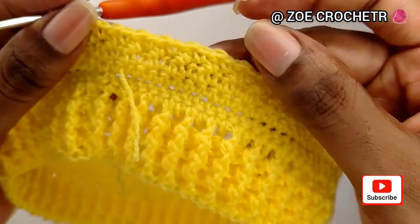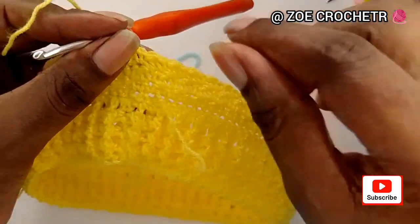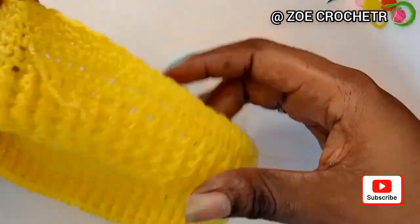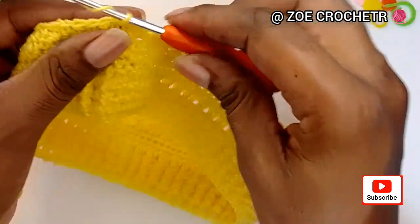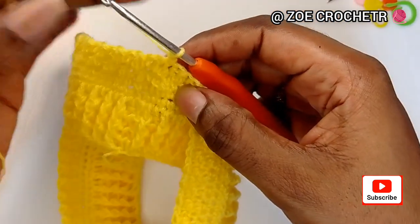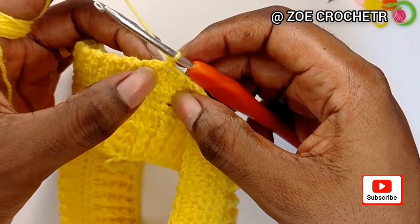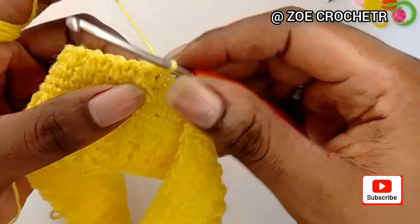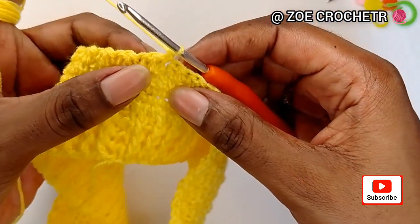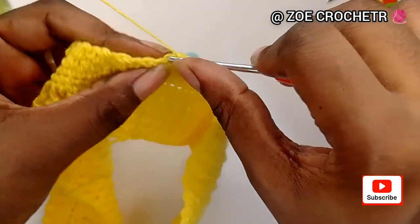This is so beautiful. Now we're going to begin a 3rd row. This is just going to be a repeat row, okay? And yes, so you want to chain 1 and turn your work, okay? And you remember, here we stopped with a double crochet, so you can see it is very visible. This is a double crochet, so into that double crochet we're going to make a single crochet. So go ahead and make a single crochet,